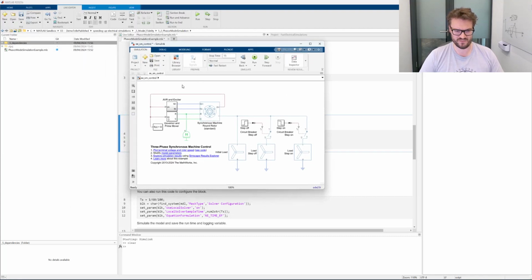As you see, it's a fairly simple system where we have a synchronous machine as generator. We have a system for the excitation control, and we have controls for the governor. So you could see this is the active power part and this is the reactive power controls part. Then on the load side, we have a constant load and two switched loads